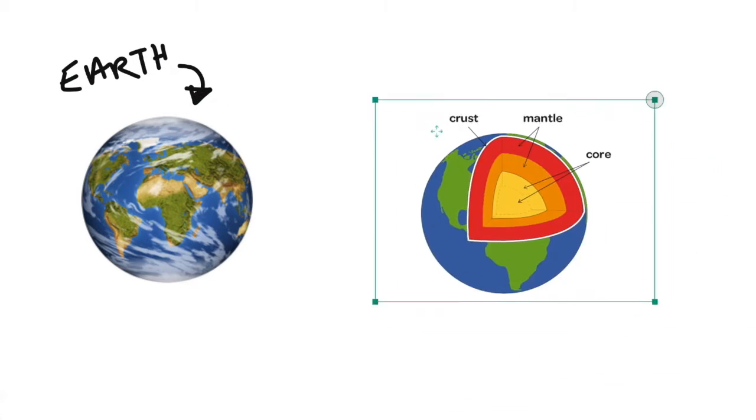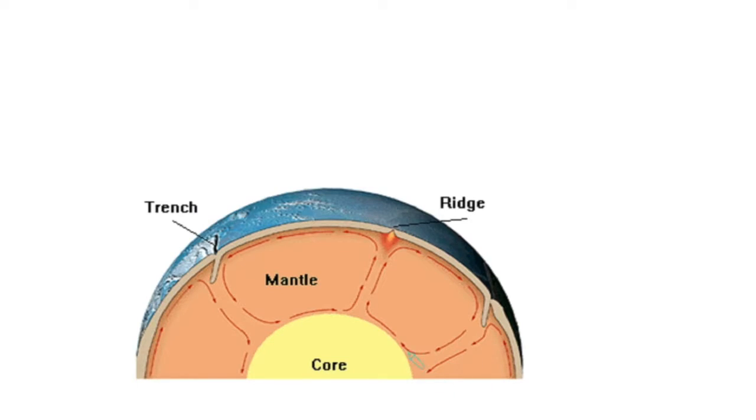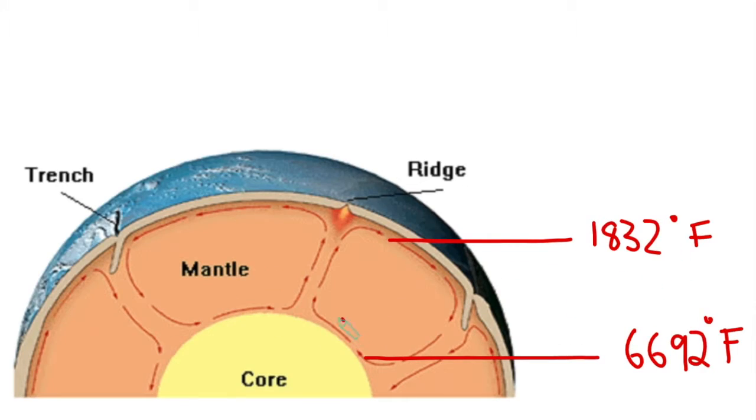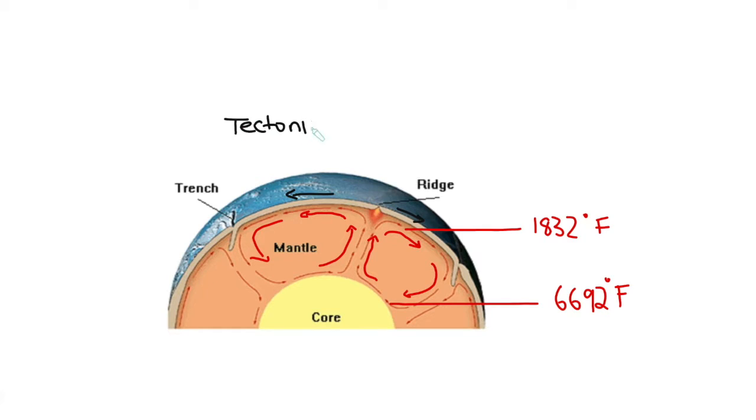Earth. What you and I think of as the Earth is really just a thin layer called the crust, which sits on top of a bed of super hot molten magma called the mantle, which surrounds the Earth's even hotter core. Because the mantle is fluid and the bottom of the mantle is almost 4 times hotter than the top of the mantle, the hotter magma rises to the top and displaces the less hot magma, causing convection currents to form. These convection currents actually cause the tectonic plates in the crust, which hold the world's continents and oceans, to